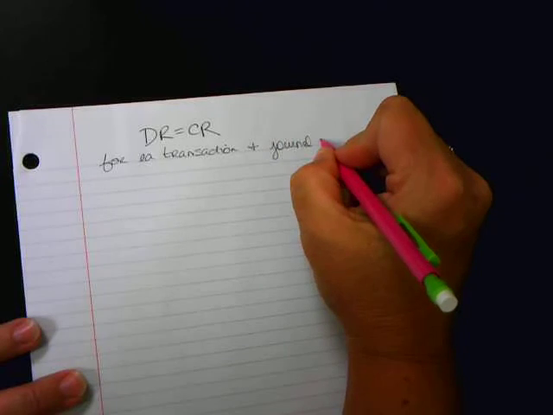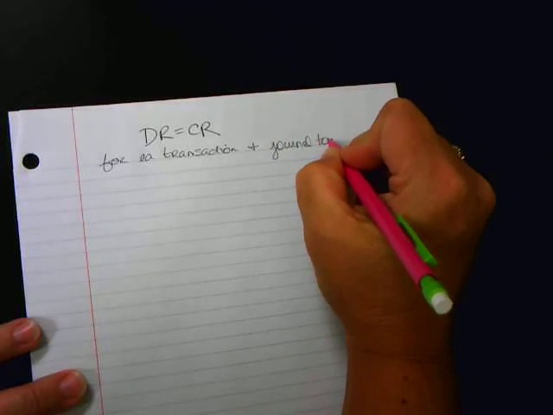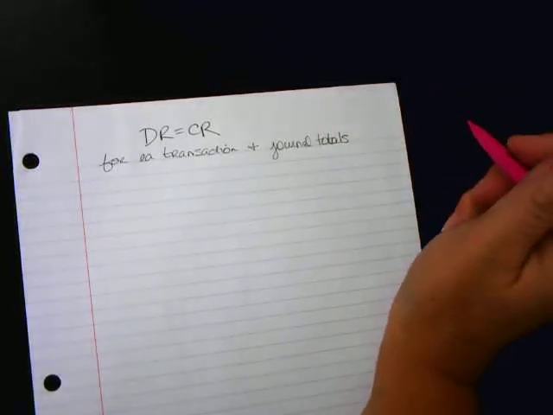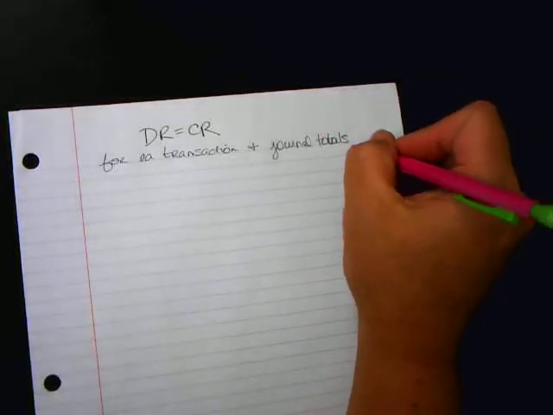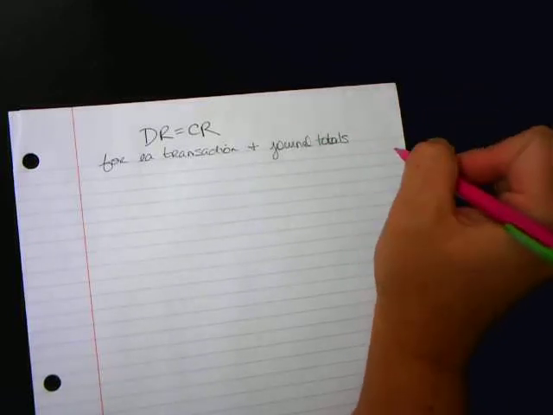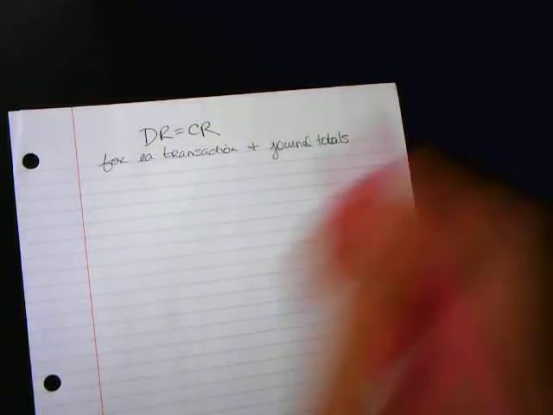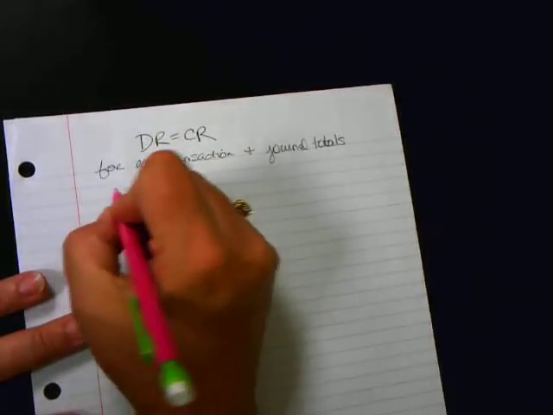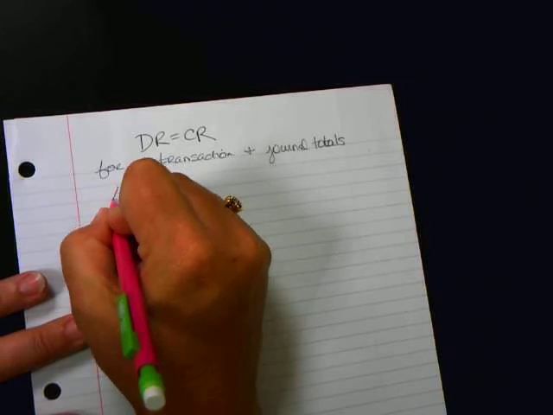So when we finish a page, or maybe a half a page depending on what's going on, but when we finish a page of a journal, we need to make sure that all of our debits equal all of our credits. Okay? All right, and then just to go through our very basics,